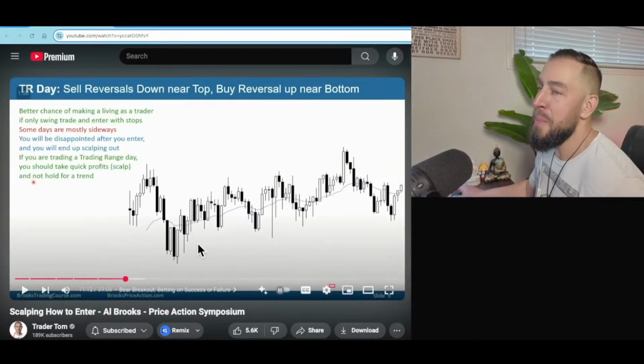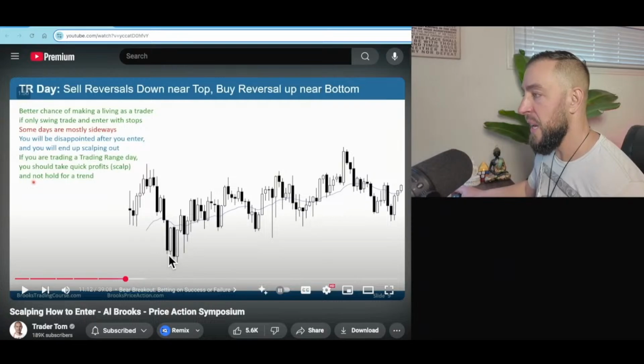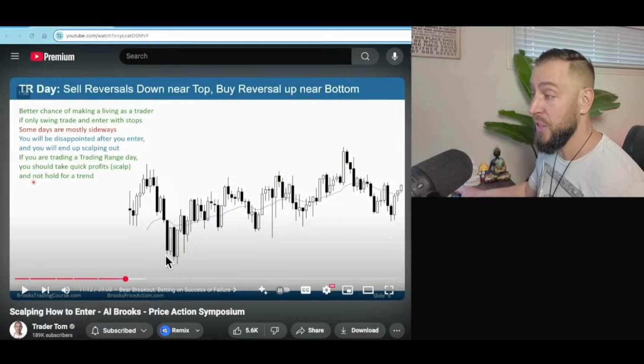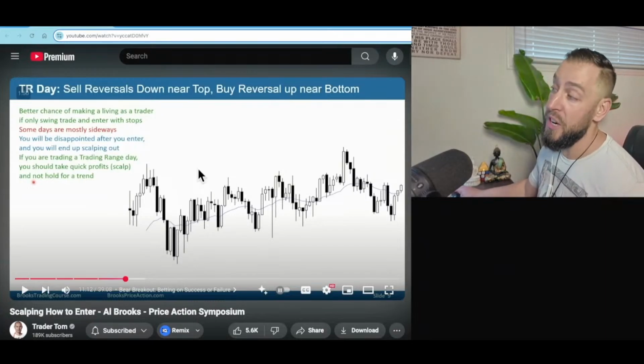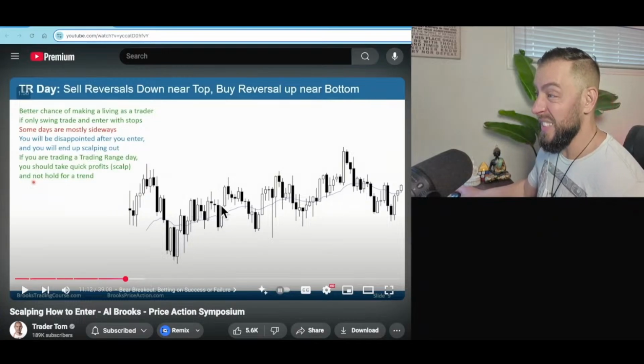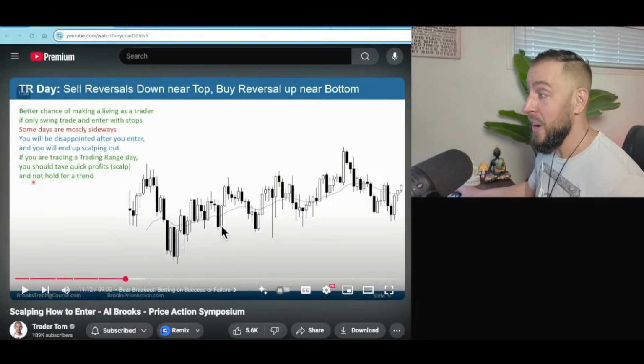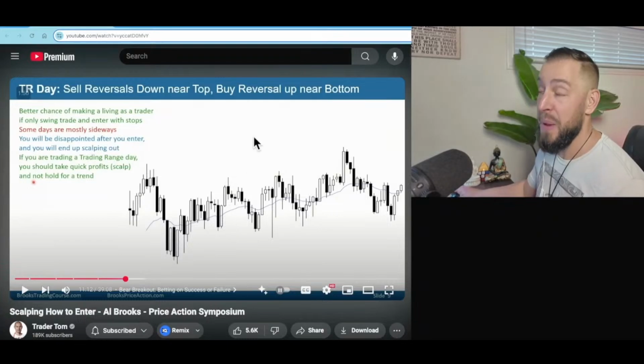Right. Look how many reversal trades there are, right? A reversal trade would be, you'd maybe buy below this strong breakout to the downside, expecting it to fail. Then the price reverses up. Okay. So there's a limit order trade, which would be a scalp. Or what if you did the same thing, right? This trade right here, instead of going for a trend, expecting it to break out and trend up, what if you expected the opposite, which is a failed breakout?